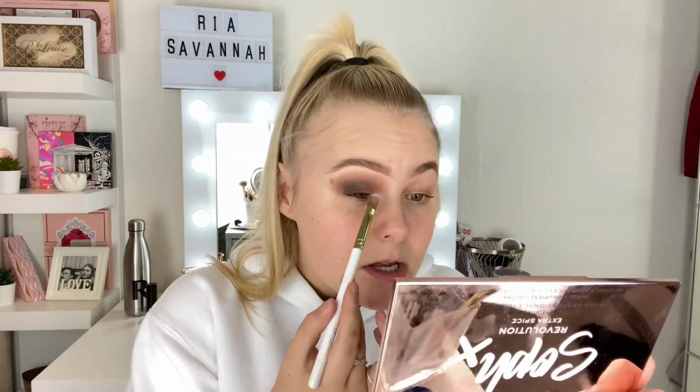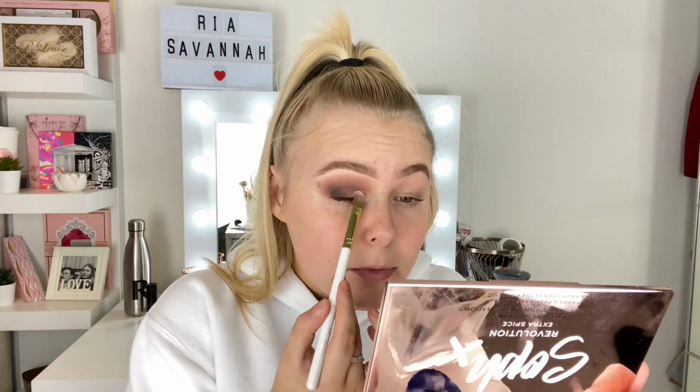Then once you've blended all that out, it should look quite blown out and you've got a little bit of light to dark on your eye. And now I'm going to go in and do kind of like a cut crease. And to do that, I'm going in with the same products I used to apply my base. So the same base and the same brush. So I'm just putting the base